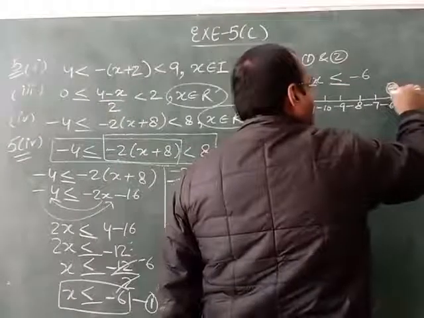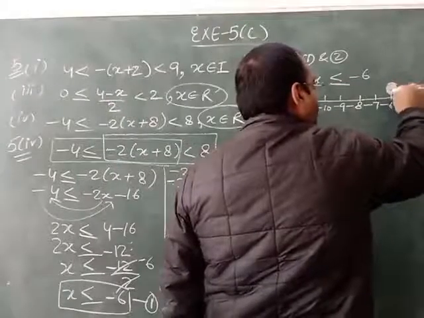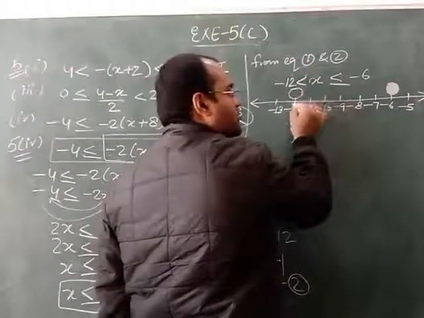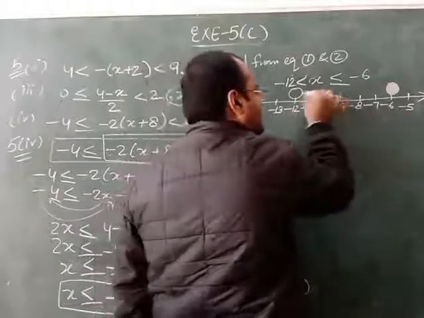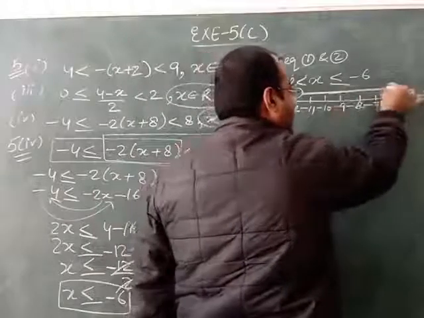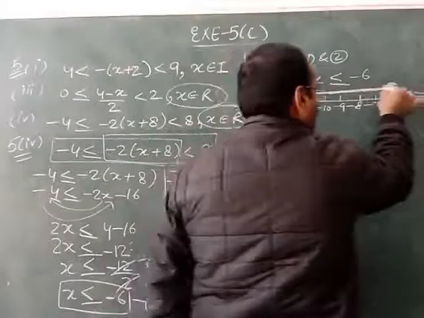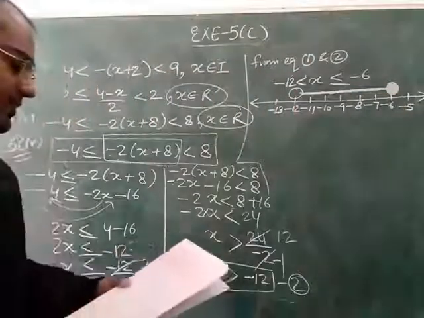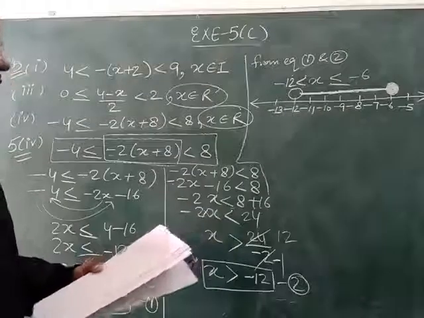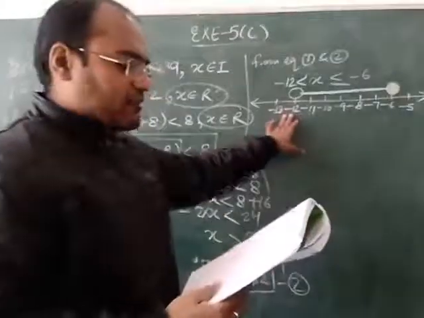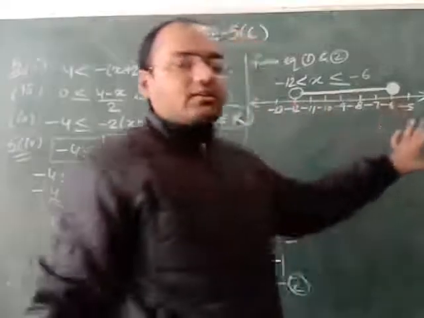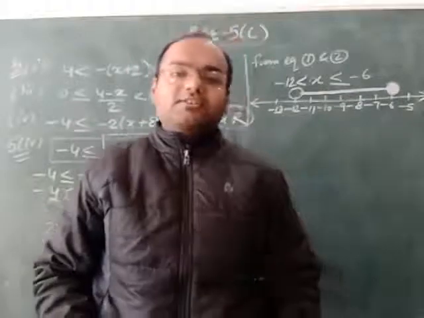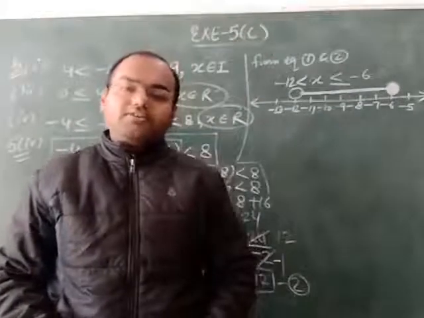इसको fill करेंगे. एंड ऑल द नंबर्स विच आर कमिंग बिटवीन दीज टू वैल्यू -12 से -6 तक, वो सारी वैल्यू आप कैसे दिखाएंगे, एक डार्क लाइन से शो करेंगे. सो दिस इज द फाइनल नंबर लाइन ऑफ दिस क्वेश्चन नंबर 4th पार्ट. तो आपको कहाँ से कहाँ तक लेने हैं, -12 से लेकर -6 तक. So like this you have to do all the remaining part of this exercise. So now this exercise is over. You have to finish this exercise in your fair notebook.